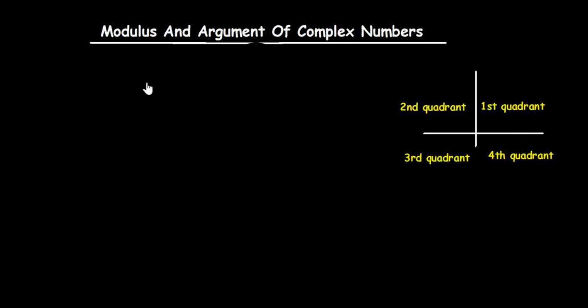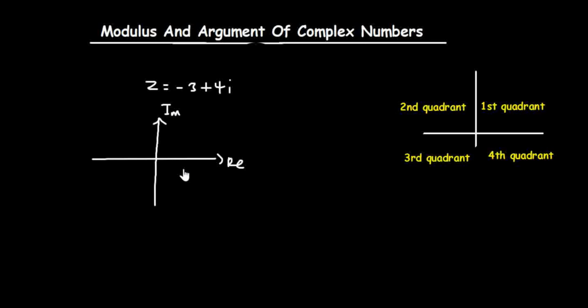Okay, so let's consider the complex number z equals minus 3 plus 4i. Okay, so you have this complex number here. So now let's draw the plot. Okay, so you have this to be the real axis, and then you have this to be the imaginary axis. Okay, so when you plot this,